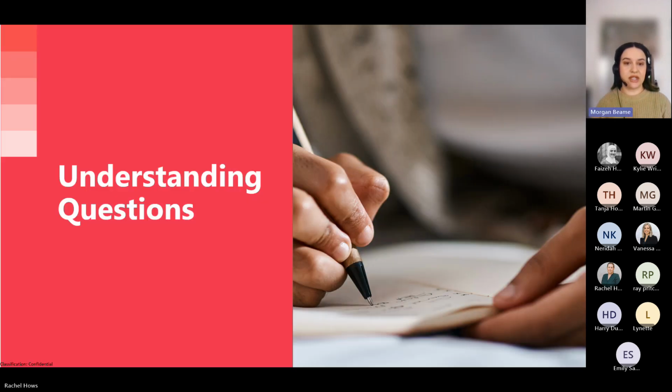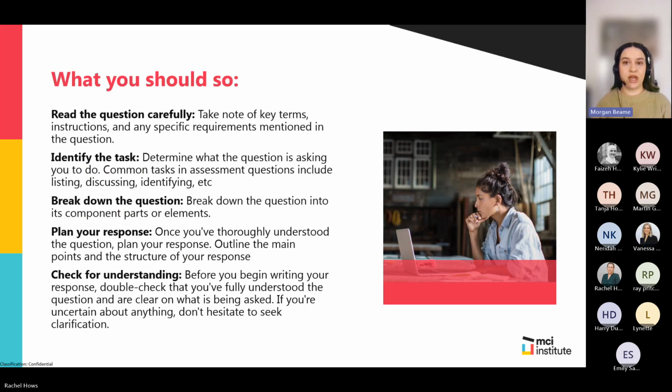So first up, we have understanding questions. As a mentor, I know that this does come up a lot with my students, and I'm sure it's the same with other mentors as well. You might have a question that you just think, oh my goodness, what is the assessor asking for? You have no idea. So we have a few tips that we've put together to hopefully help you break down the question,